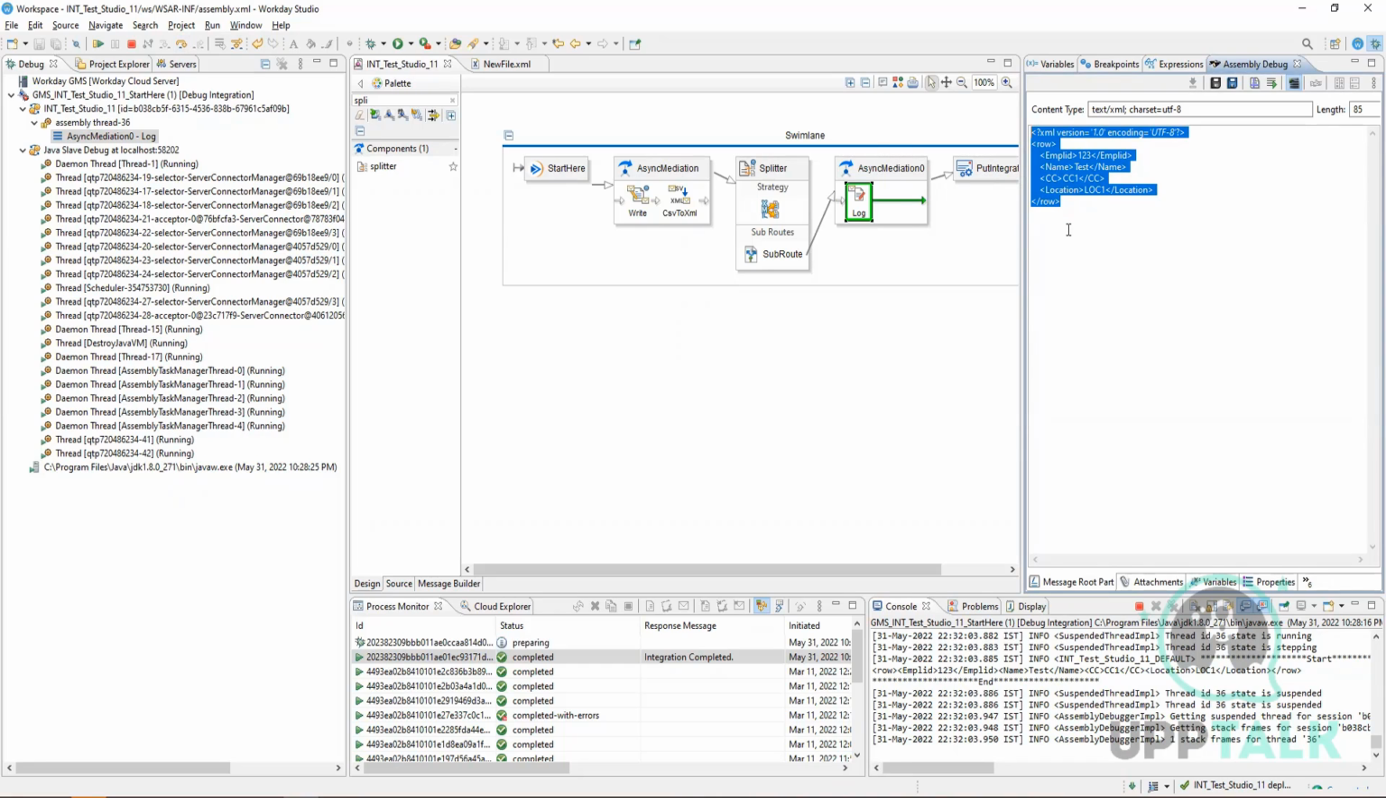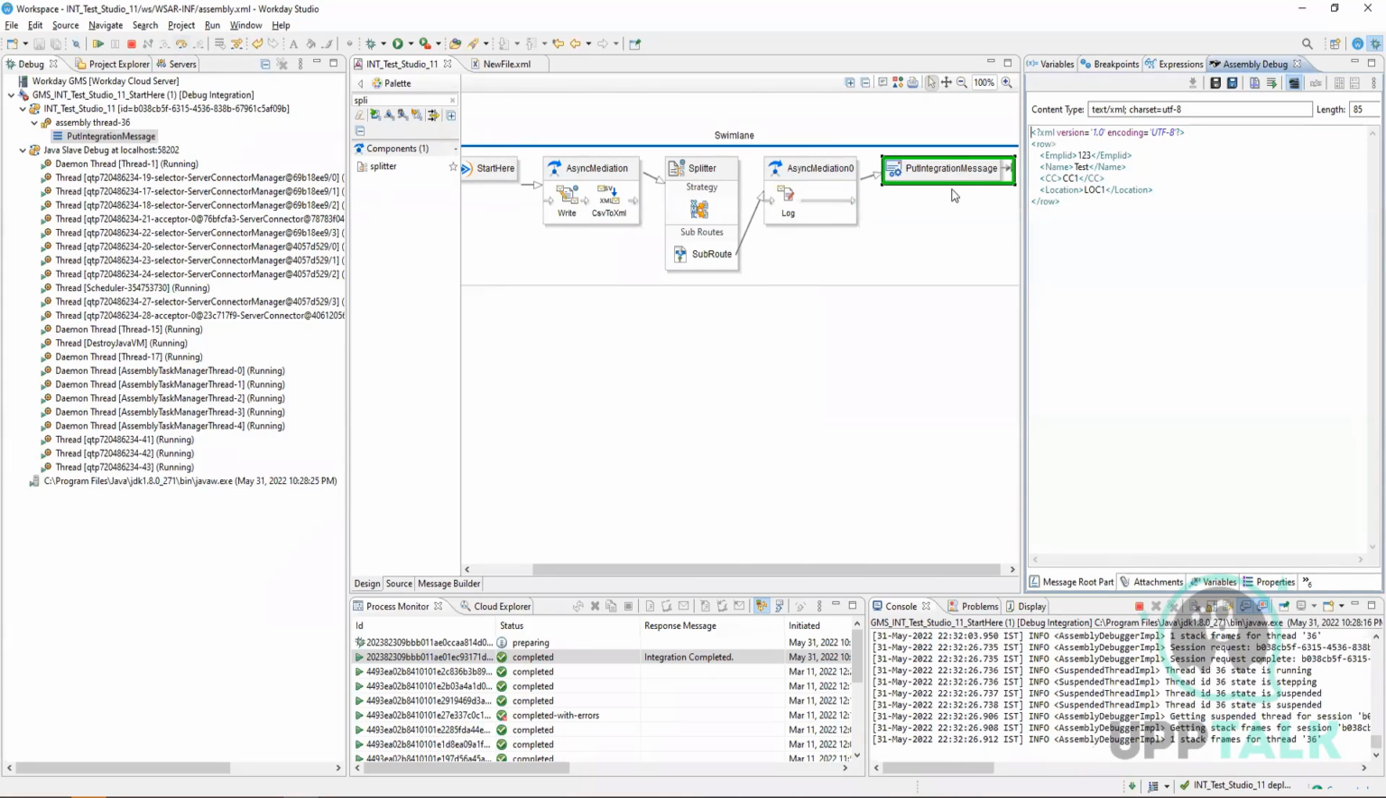This is still the first one, right? LOC one. Yes, this is the first one. Let me see, click on next. So it goes to put integration message. Yeah, I was right. Now again, if I click on next, it will come back